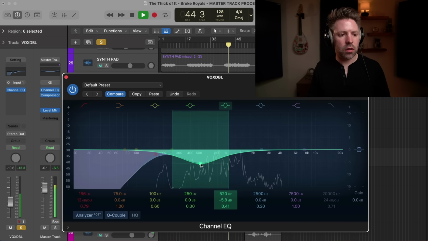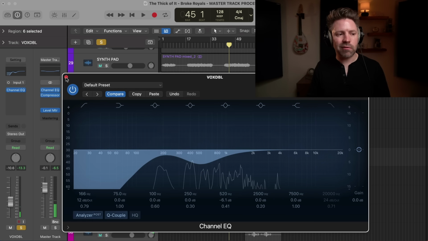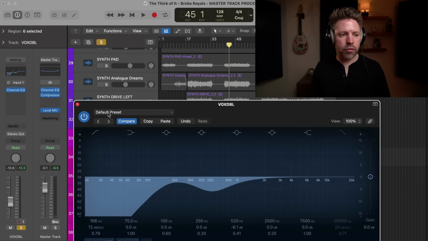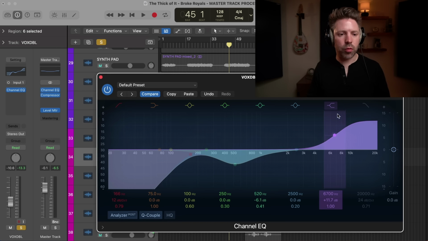I feel like that vocal has kind of the same boxiness thing. So I'm going to cut that same range there. And then I'm going to leave this main double fairly bright,